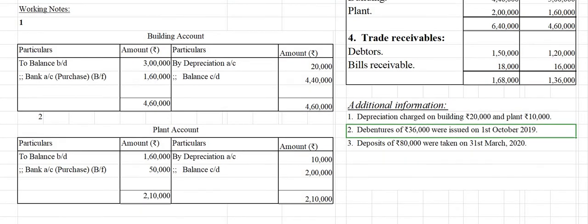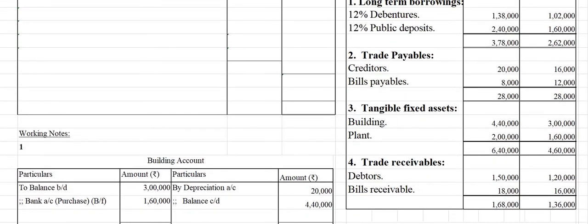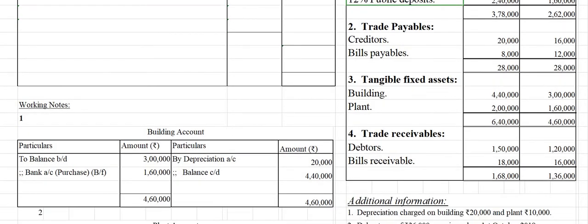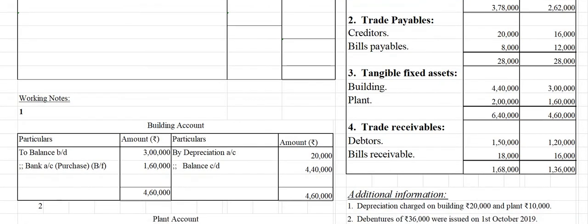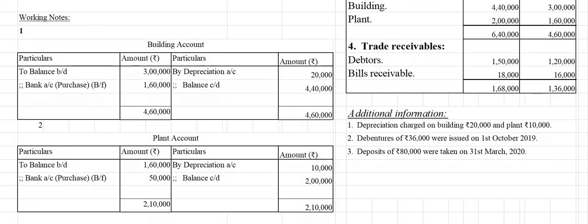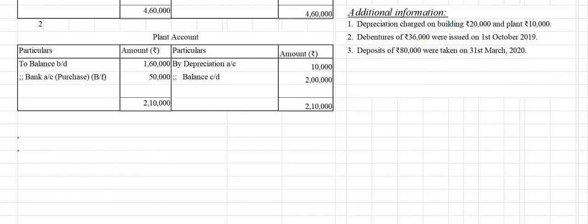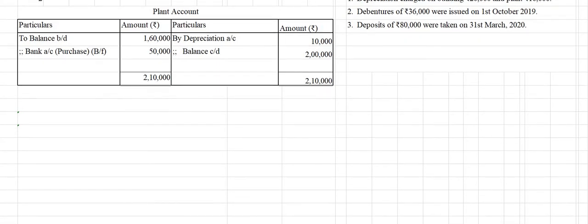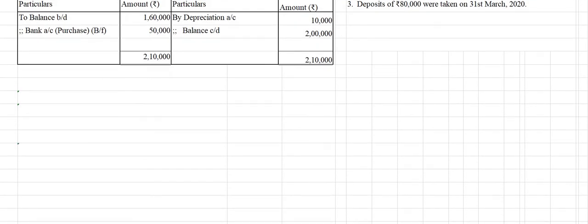And here it says 12% debentures and 12% public deposit. That 12% shows the interest rate of debentures and public deposit. So let us calculate how much interest is to be taken. Interest is to be given, so that interest is to be shown in the operating activities. It has to be added to operating activity. So we can write the next working note 3,